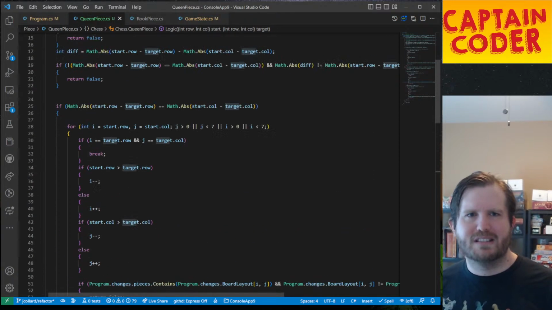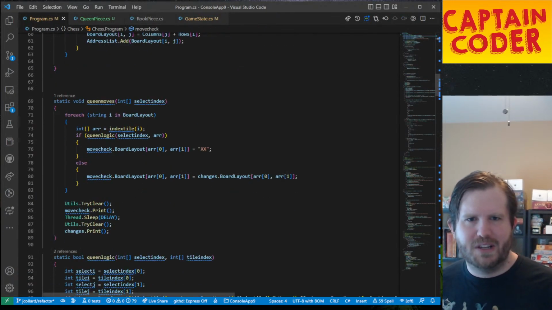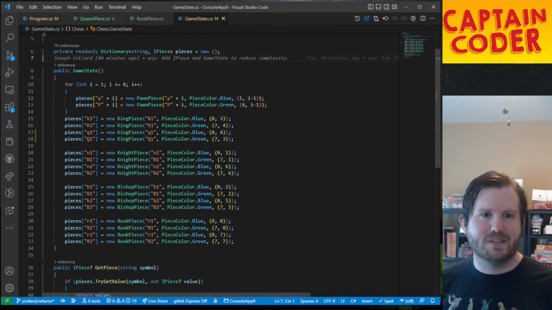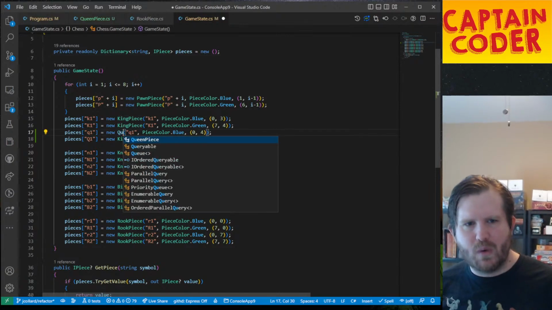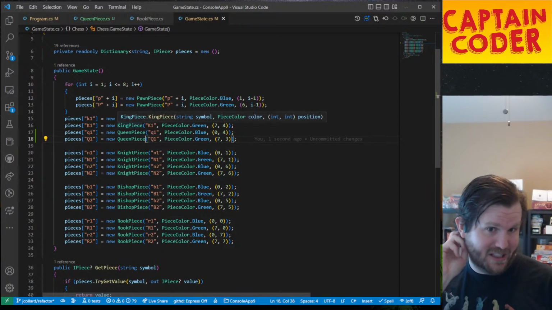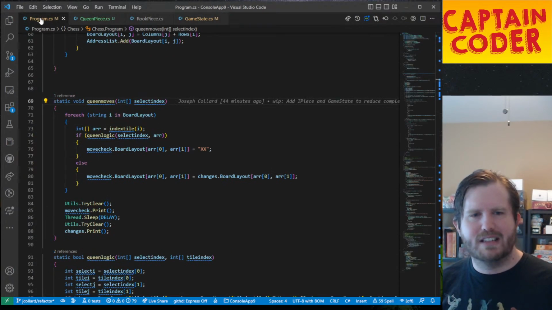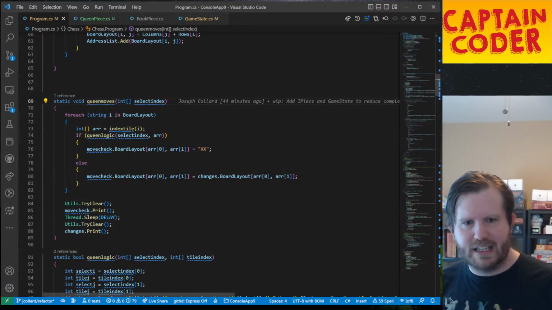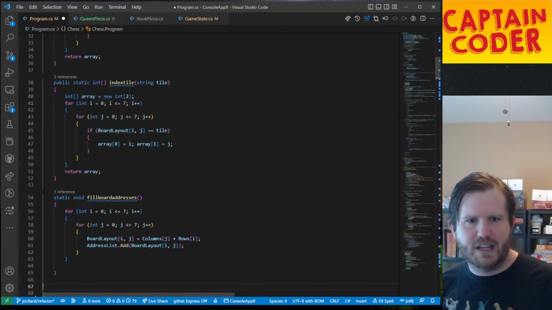Queen piece looks good still. All right, queen move, game state. Oh no, I did change it. Oh no, I didn't change this. Queen piece. All right, someone was probably yelling at me in that regard, but we got it now. Let us get rid of this again. Can I just do an undo here till it gets back to